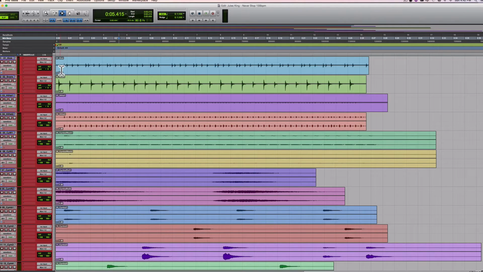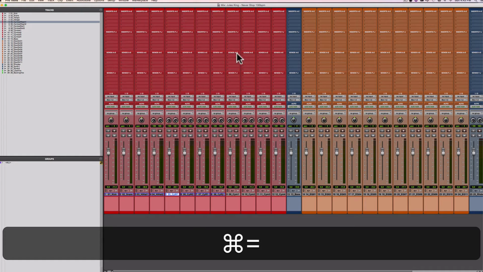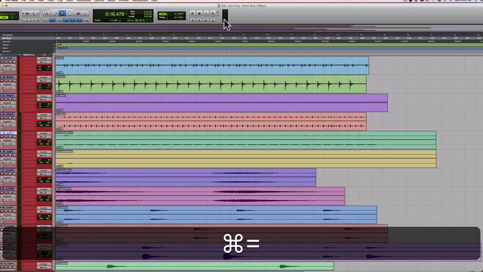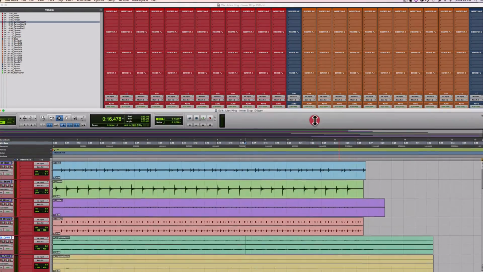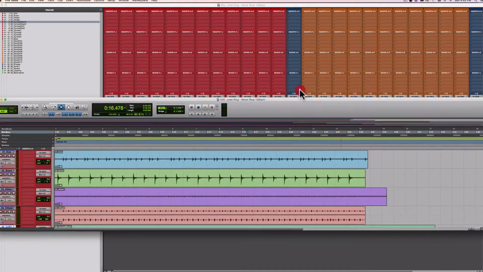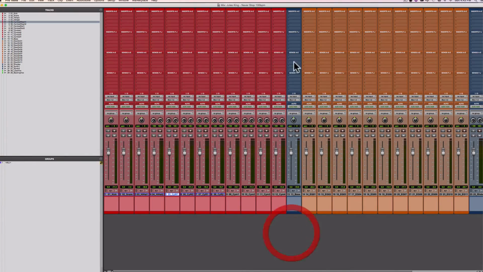So let's start with the kick. And what I'm going to do is keep it simple. I'm just going to focus on these meters right here. Actually, how do I want to do it? I want to show you how to do it. Okay, let's do it this way. Let me move this window a little bit. And then let's,